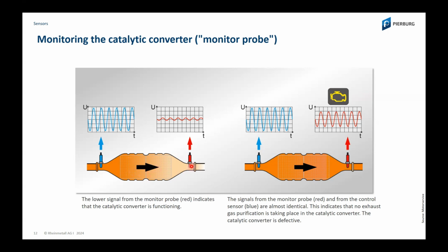So at the end of the catalytic converter, there should not be that much oxygen as before, and it should be a similar line, even if it is higher or lower, but it should be more or less always the same. Not what we see here, the up and down of the voltage; it should be more like a line. And the fault gets detected when the second lambda sensor starts to get a signal